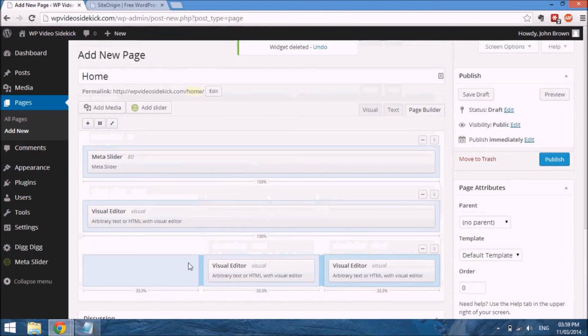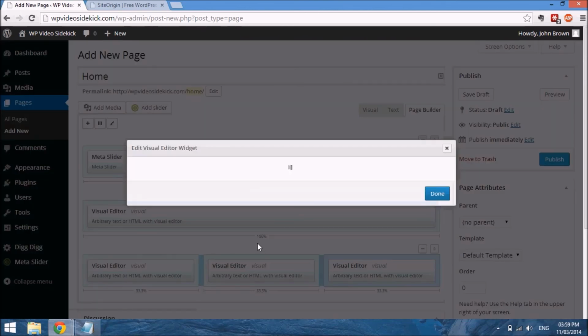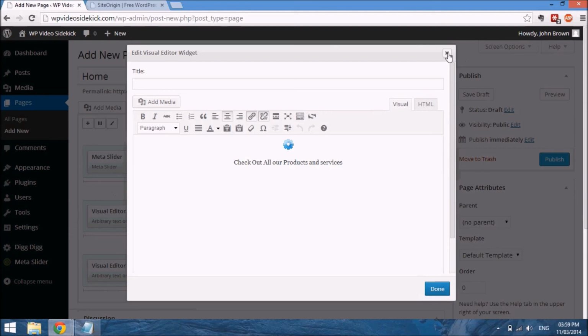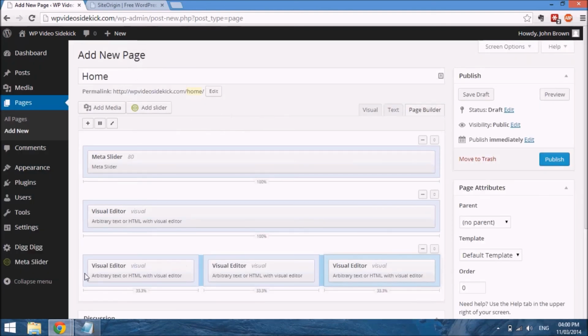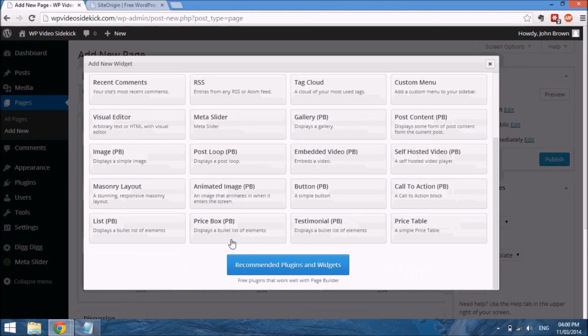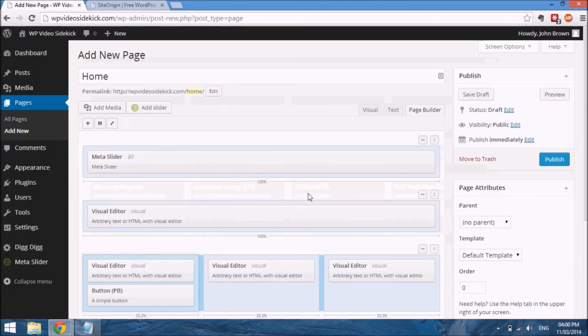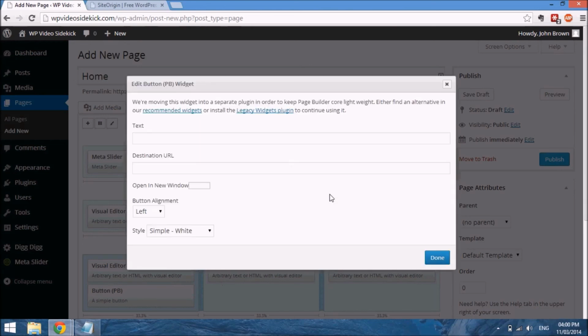And just one more thing I want to do. Okay, so I actually just accidentally deleted that widget. If we go to the very top here, we can just undo. What I wanted to do was just highlight the box because I want to add a button. So we just add a simple button, and then this window just opened asking for the text to put on the button. So that very first area had a link to our products,